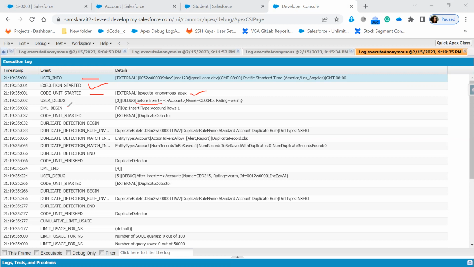Now DML begins here. That means the commit is started here. DML insert, OPP:insert, type, which type? Account. How many rows? 1 row. And then during the inserting